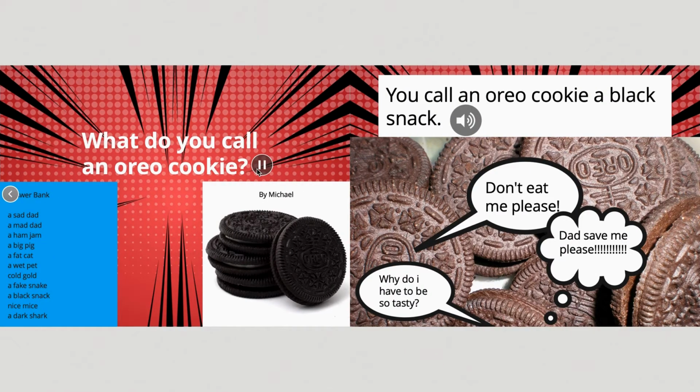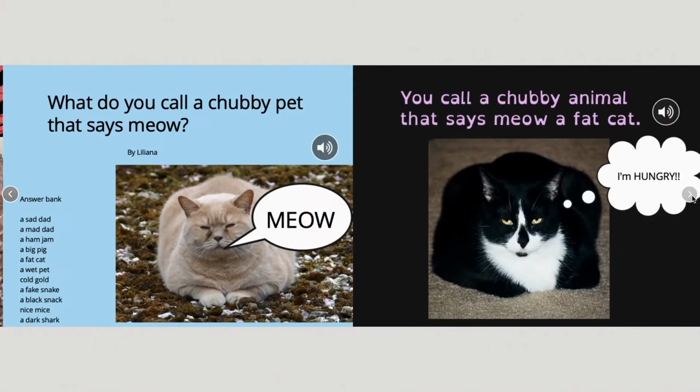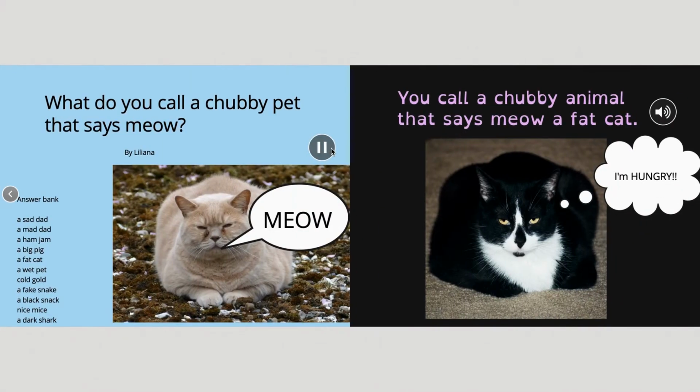What do you call an Oreo cookie? You call an Oreo cookie a black snack. What do you call a chubby pet that says meow? You call a chubby animal that says meow a fat cat.